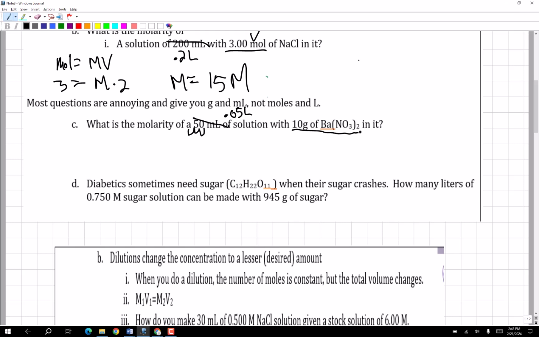This is grams. Welcome back to the good old days of the mole unit. 10 grams of barium nitrate times 1 mole of barium nitrate divided by grams of barium nitrate